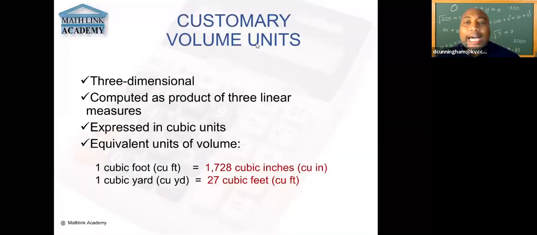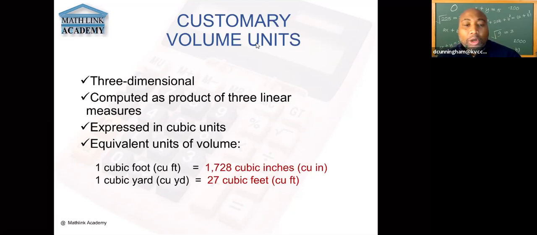Now let's look at customary volume units. Now volume is going to be 3-dimensional, which we're going to talk about cubes. Unlike linear, it's 1 dimension. Area is square, 2 dimensions, and we use square as a unit. So volume will be 3 dimensions, which we use cube. So make sure we express that in cubes,